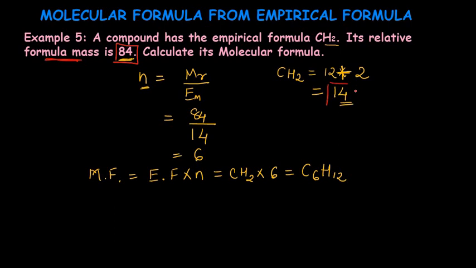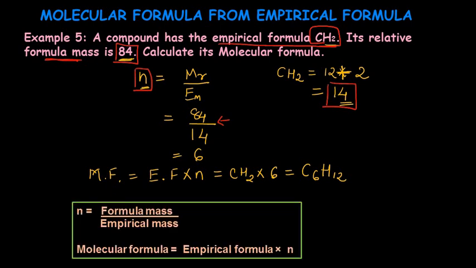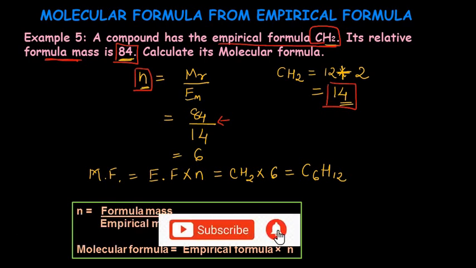So what we need to know is both the molecular mass, that is our relative formula mass, and we also need to know the empirical mass, which we can calculate from the empirical formula here. If we divide both the numbers, we get the number n, from which we can calculate the molecular formula. So we can see that this can turn out to be the formula to calculate the molecular formula from the empirical formula. And I hope you have understood these basics in this video about the empirical formula and molecular formula,